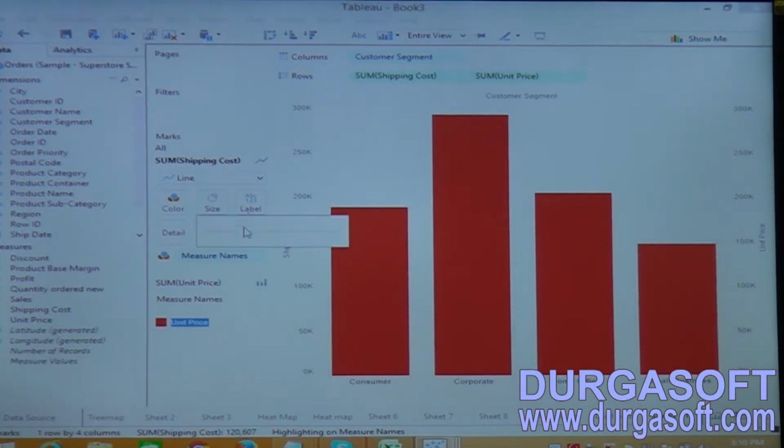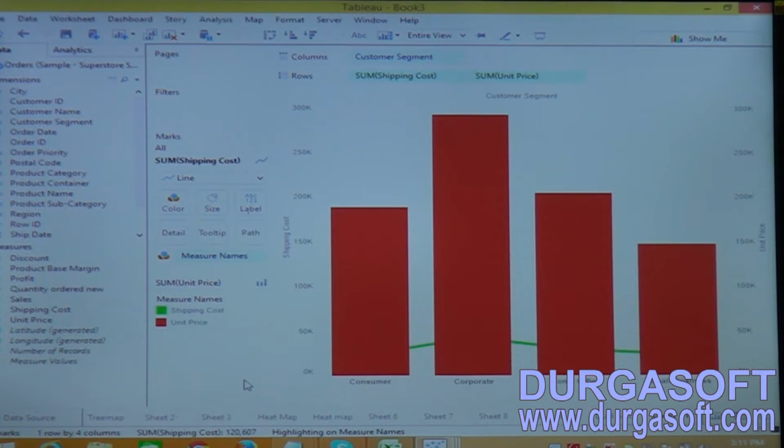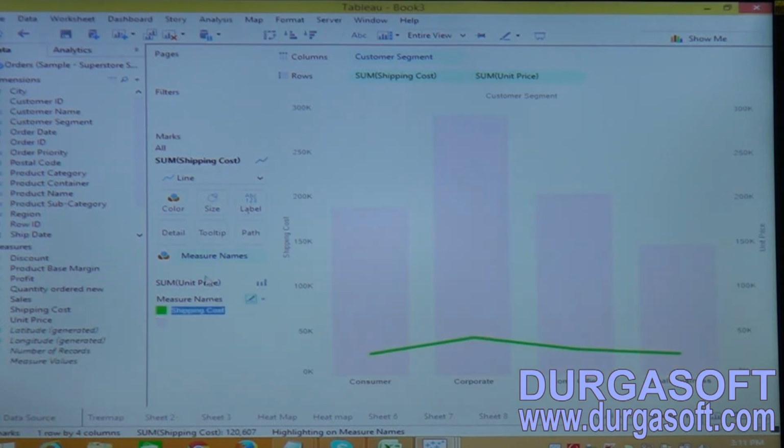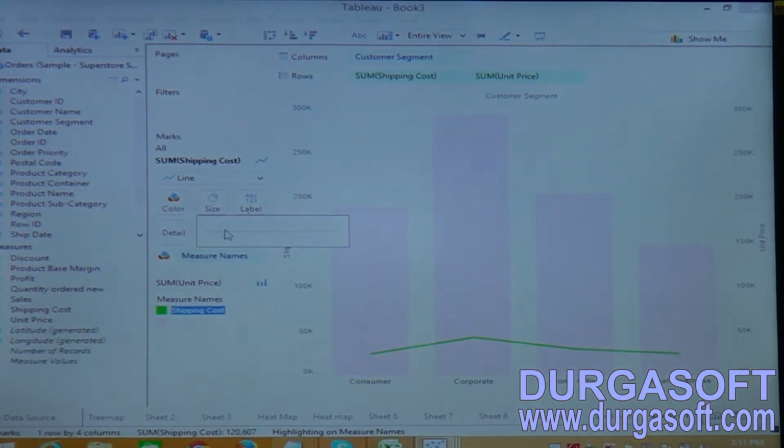This is the way to change the value. If I want to decrease the size of the bar, you can also decrease the size of the bar. Select the unit price and now decrease that.